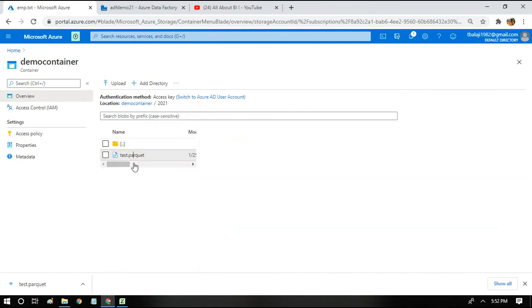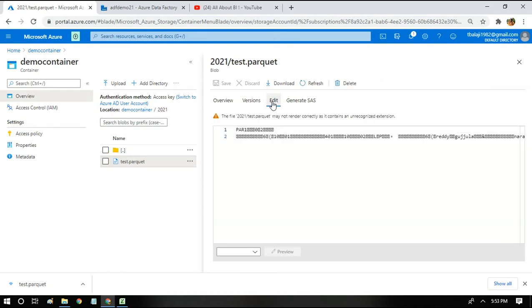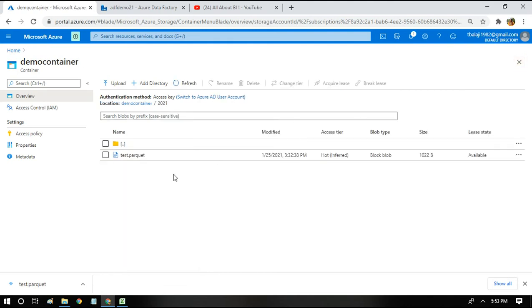And if you try to open this in a normal system, or if you download the file and try to open it, you will only see junk characters. See here, you will be seeing various junk characters. You will not be able to understand what it actually means. So we'll have to install something called a Parquet viewer so that we can open the file that we have converted and have a look at how the data is present. Okay, so this is how it's going to become.